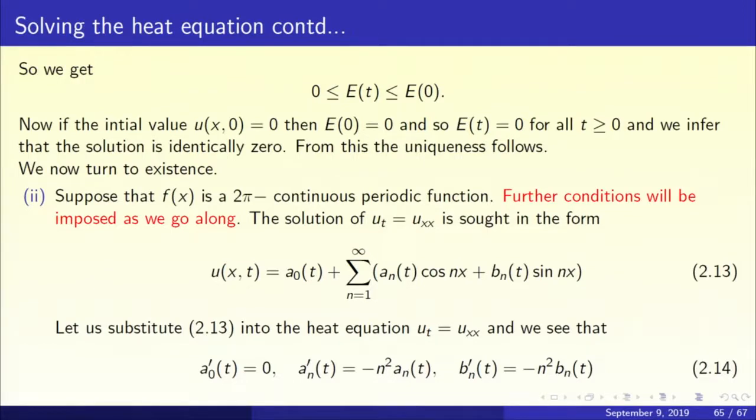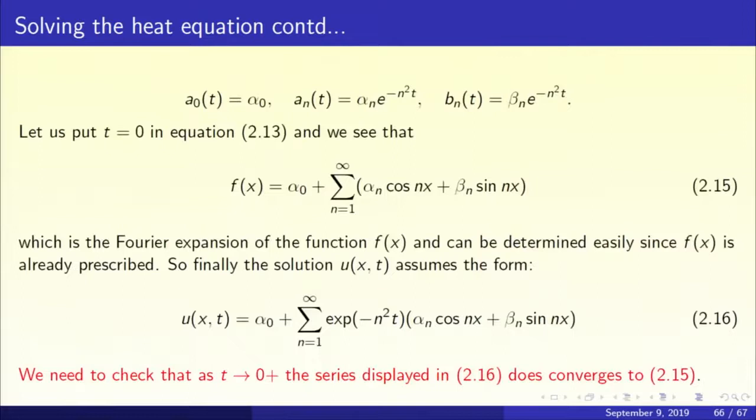Substitute 2.13 into the differential equation u_t equals u_xx. Compare the like terms. You will get a naught prime of t is 0, a_n prime of t is minus n squared a_n(t), b_n prime of t is minus n squared b_n(t). And so from these we'll immediately get a naught is constant, a_n(t) is e to the power minus n squared t times a constant alpha n, b_n(t) is e to the power minus n squared t times